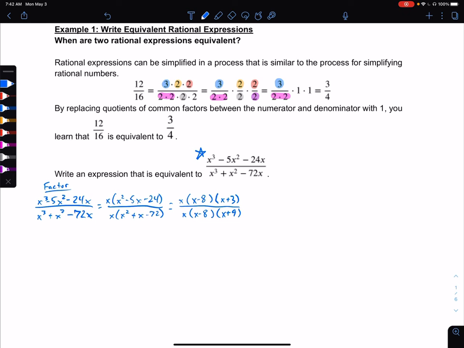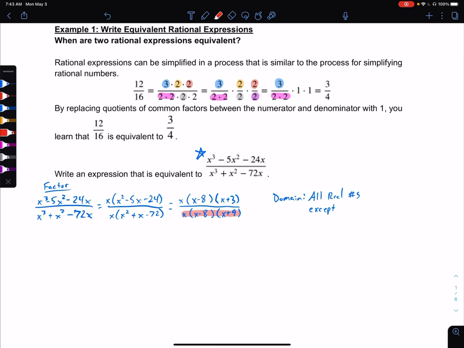So the next thing I'm going to do is keep track of the domain here. My domain is going to be all real numbers except... Let's not even say x equals. Let's just say all real numbers except. What we need to look at is our denominator. We need to ask ourselves what parts of that are going to turn into 0,